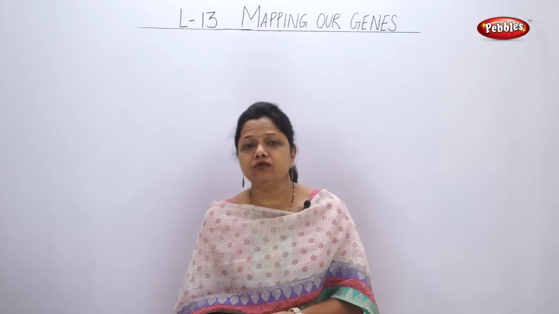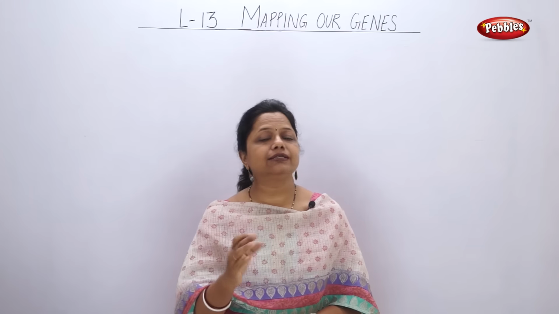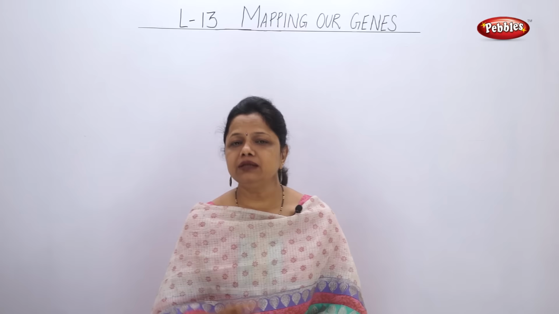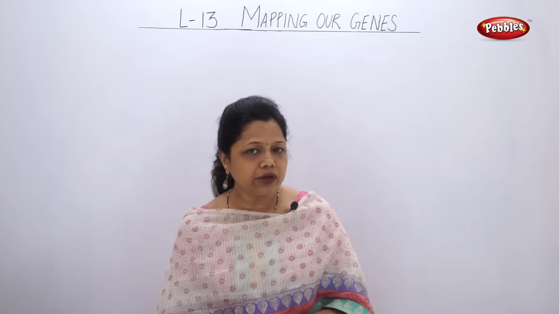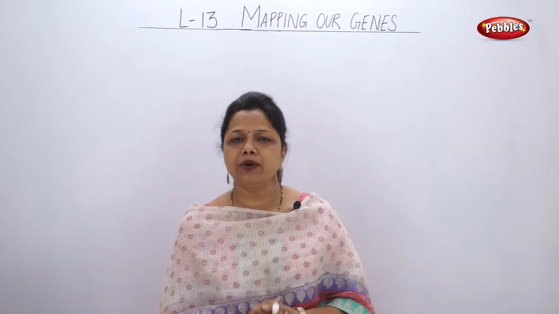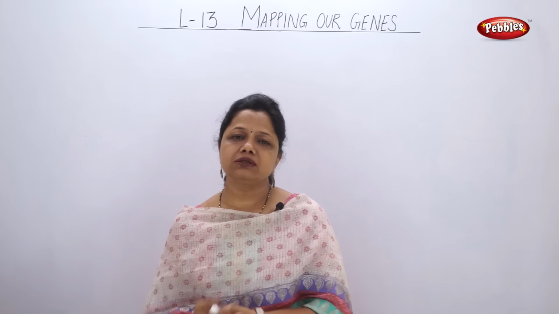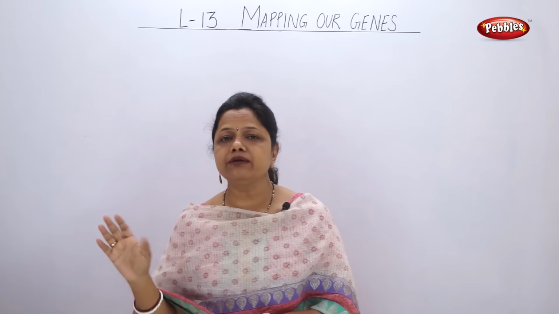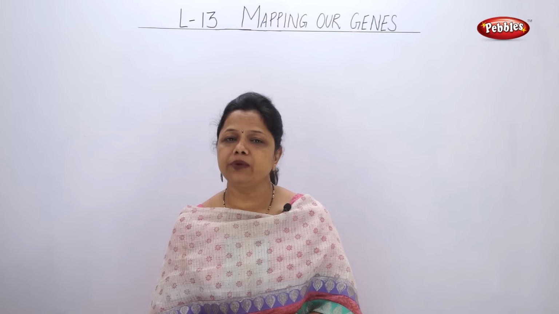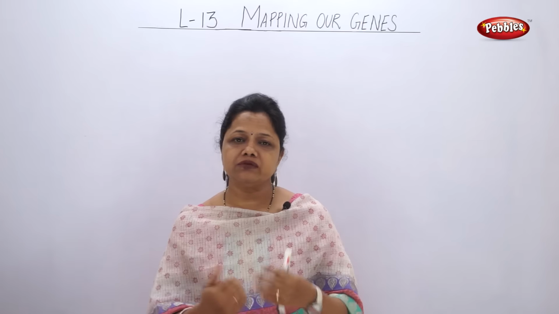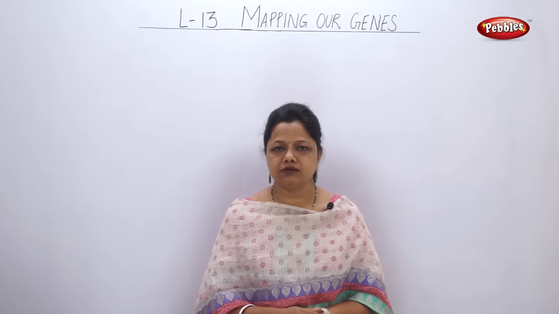Like a plant will give rise to a plant through vegetative propagation, it will look exactly the same. But in sexual reproduction, what is happening? You are not looking exactly the same as your parent. Obviously, you are also not looking the same as your brother or sister. You all are looking different. But you all belong to Homo sapiens, that is the species in which human beings are there. So what causes this difference?